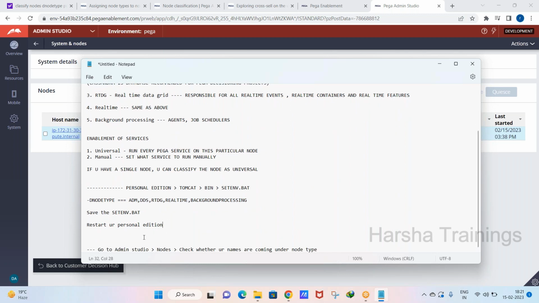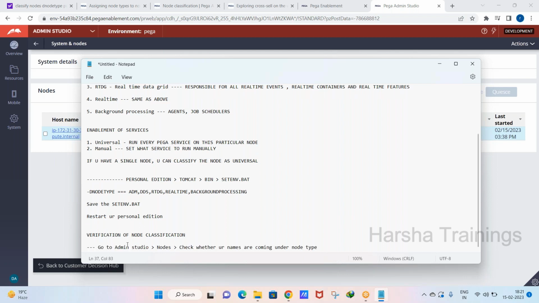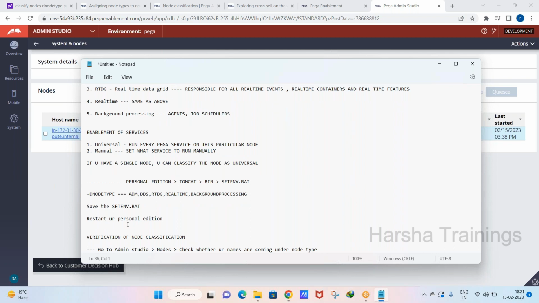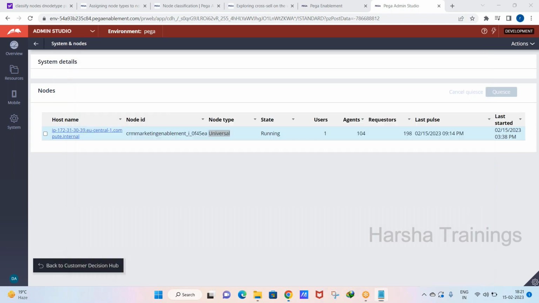Then, verification of node classification. First step to verify is go to the admin studio, go to the nodes, check the node type. How you do is, you go to the admin studio, go to the nodes, whatever the node type you have given, that should be coming here. Second thing,